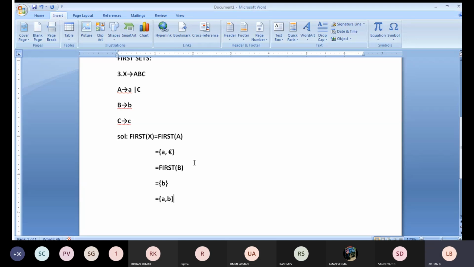Have you understood, or shall I explain once again? Sir, if we get epsilon at the C terminal, what will we do? That next problem I'll solve, Nivedita. Fourth problem I'll do, don't worry. Third problem, we are moving with the basics. Fourth problem I'll solve for both the epsilon. Now for this problem I'm asking whether you have understood or if you have any doubt. Understood, sir. Okay, if you understood, write this problem. We will move to the next one, with both epsilon I'll take.